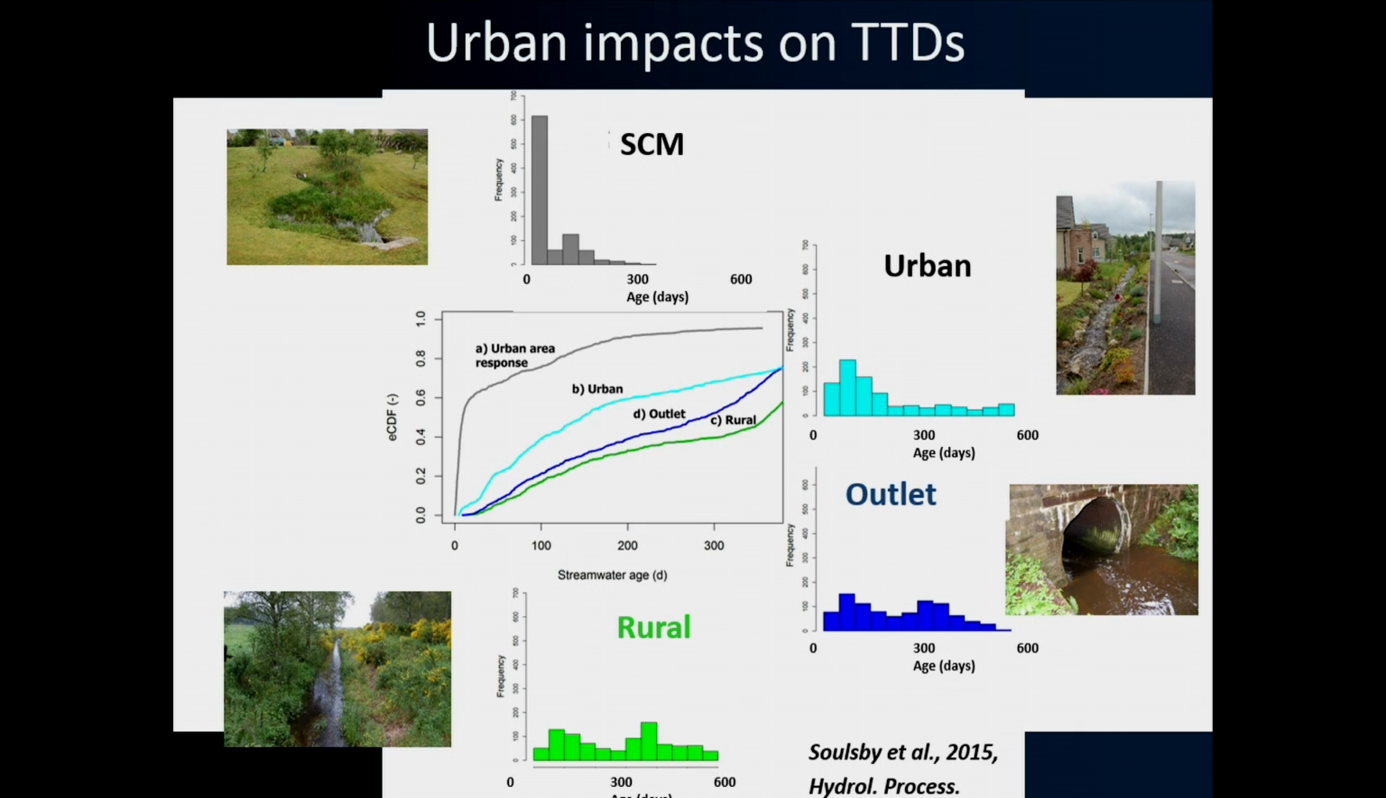And then at the catchment outlet, effectively, we're integrating the urban and rural responses together, or the models are integrating those together. And we can see these in the cumulative distribution frequencies of the different water ages. So we're going from average ages of about 10 days to about 6 months to about 2 years to about a year or so in these different